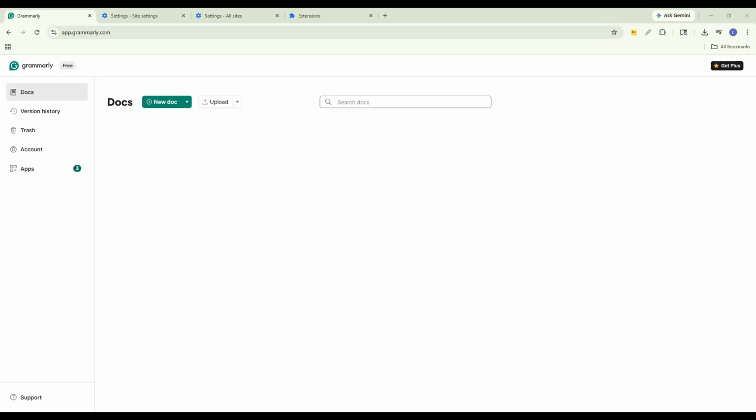First, open your browser and go to Grammarly. If the sign-in page is not working properly, the very first thing you want to do is clear out any old Grammarly data stored in your browser. Sometimes Grammarly tries to load an old session, and that can cause the sign-in screen to freeze, loop, or fail completely. To do that, type